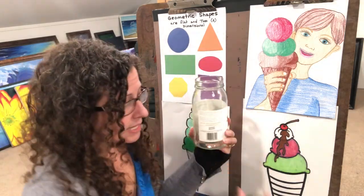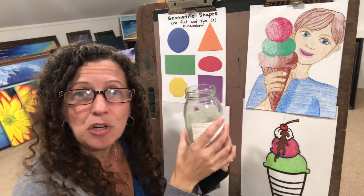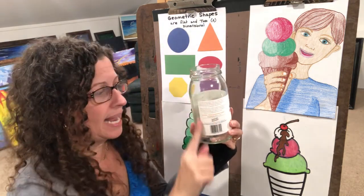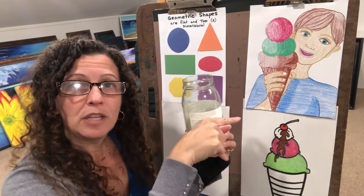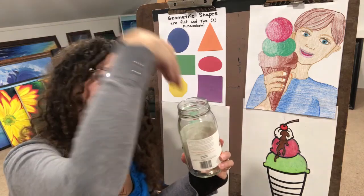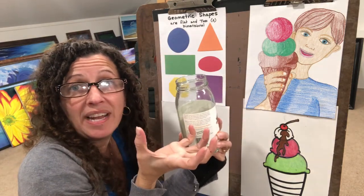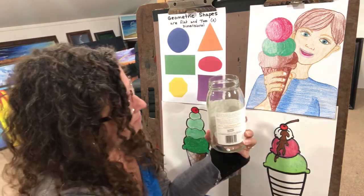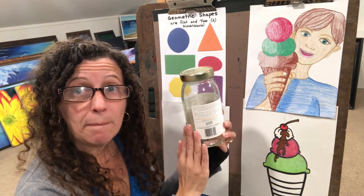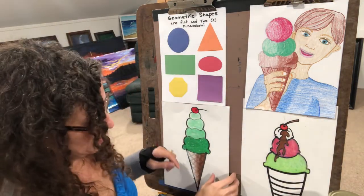3D means that you can measure this container or this cylinder 3 ways. And those ways are the length of the jar, the width of the jar, and the depth of the jar, how deep it goes down so that it can carry things and hold things within it. So this cylinder is a 3D form. And so is this